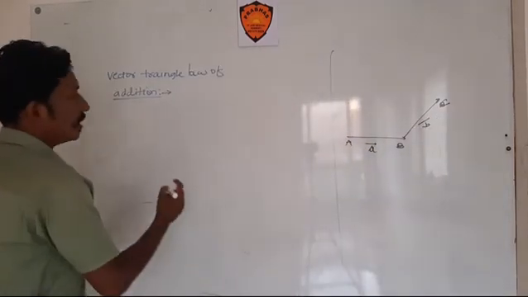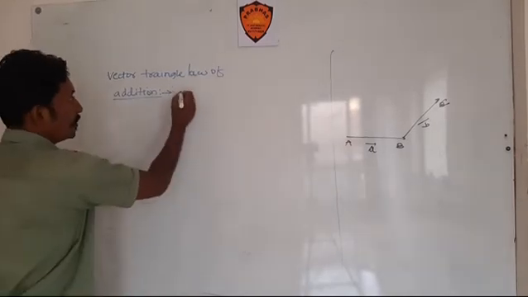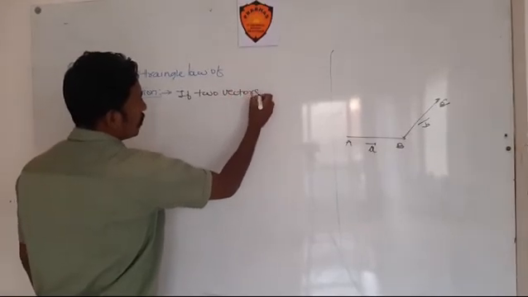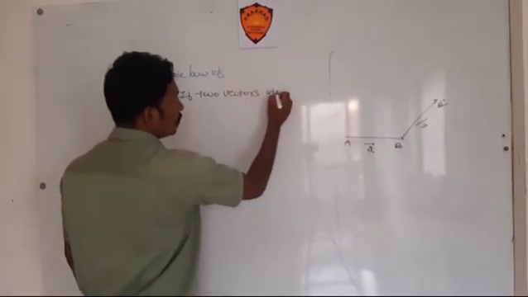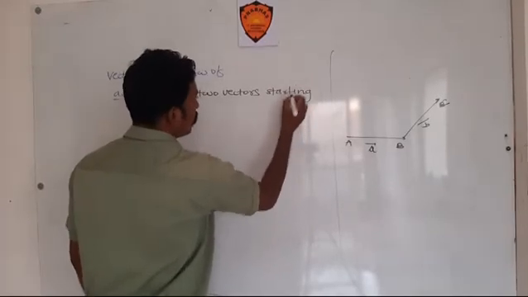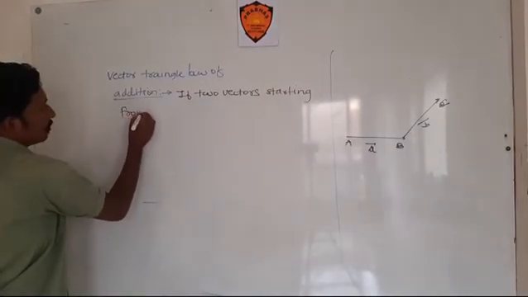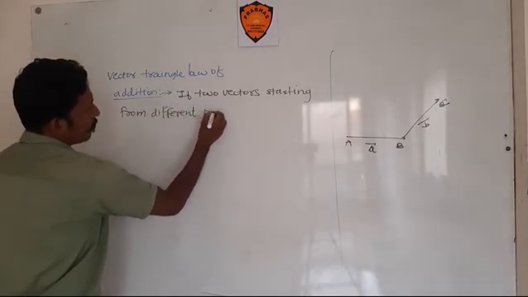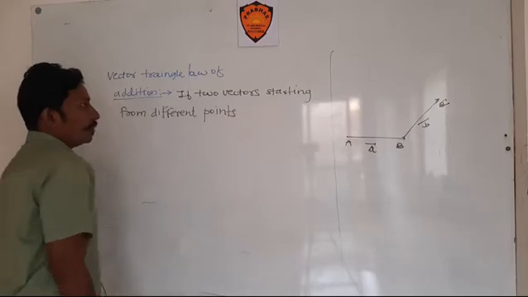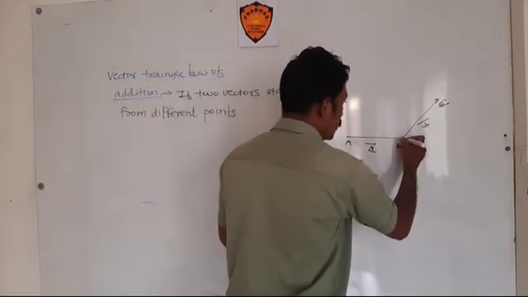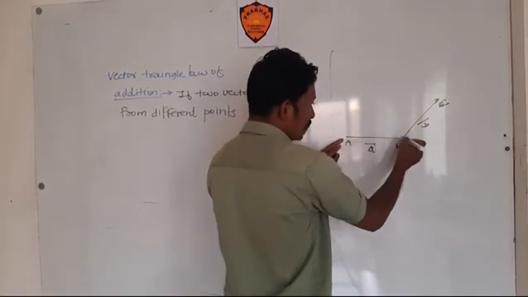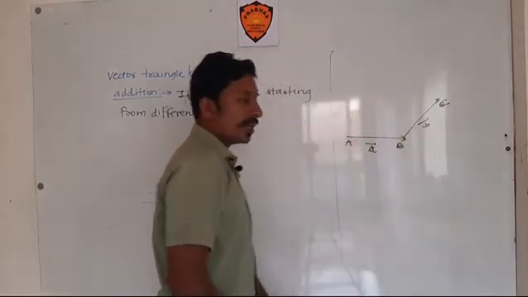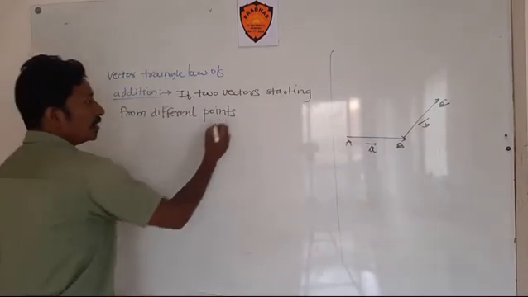If I write the statement, first: if two vectors starting from different points. Suppose this is AB bar, starting from this point, and this vector is BC bar, starting from this point, right? If two vectors start from different points, the